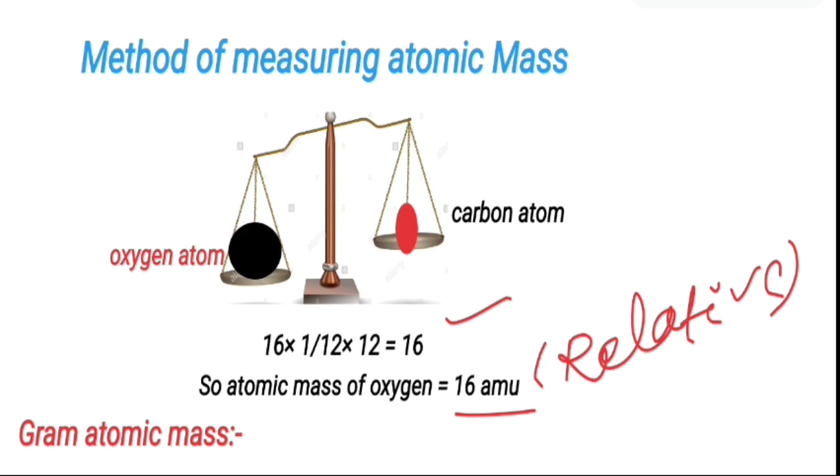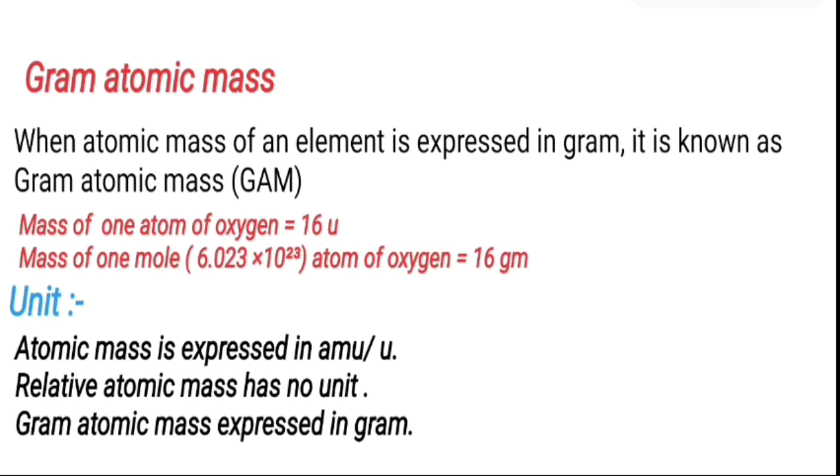Now, what is gram atomic mass? When we express the atomic mass of an element in terms of gram, it is known as the gram atomic mass. For example, what is the difference between the gram atomic mass and relative atomic mass? Relative atomic mass tells us the mass of only one atom. So, the mass of one atom of oxygen is 16. Mass of 6.023 into 10 to the power 23 atoms